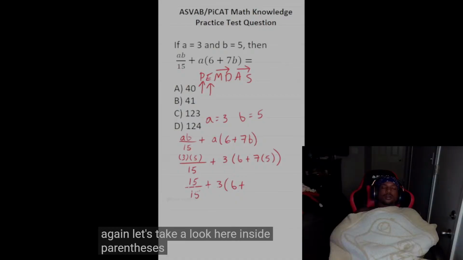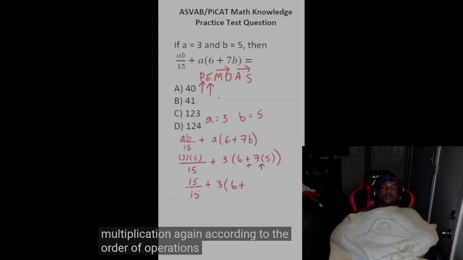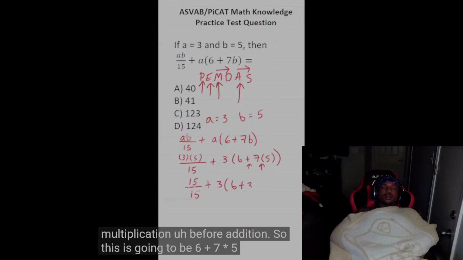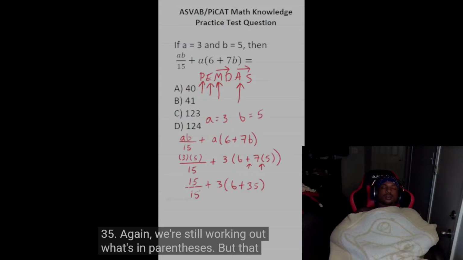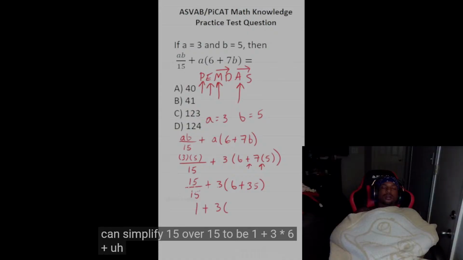Inside parentheses, we have addition and we have multiplication. Again, according to the order of operations, you do multiplication before addition. So this is going to be 6 plus 7 times 5, which is 35. Again, we're still working out what's in parentheses, but that said, we can simplify 15 over 15 to be 1 plus 3 times (6 plus 35) is going to be